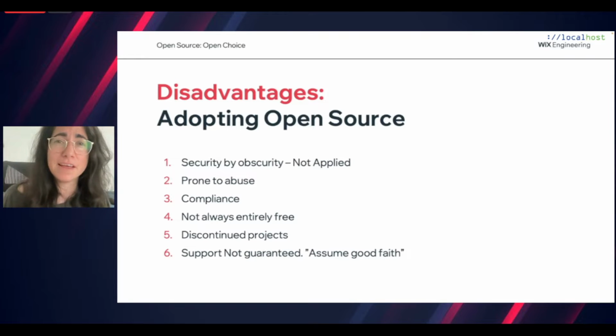The maintainers really helped, and they released a new version, and it was awesome. So I assume good faith when I work with open source, and I hope that you would too. Another thing is that proprietary software does have guaranteed support, but it doesn't mean that the support will be good. So that's also something to think about.